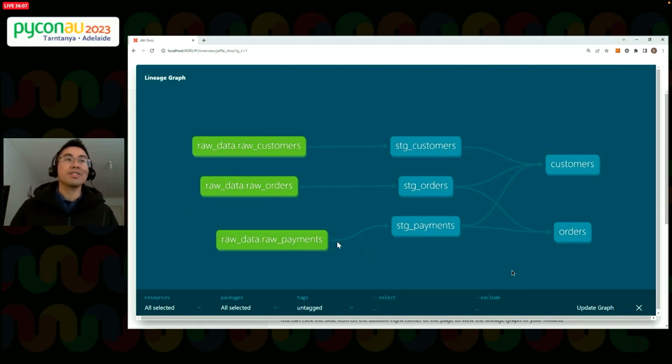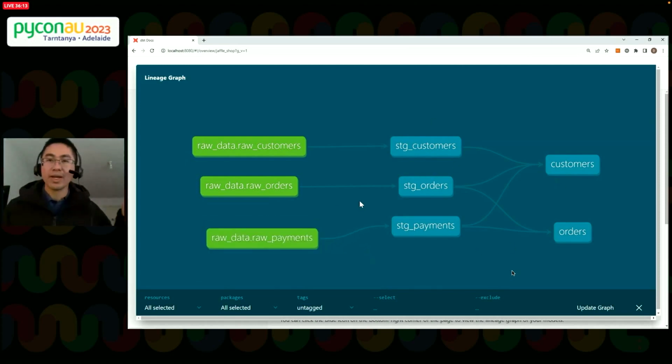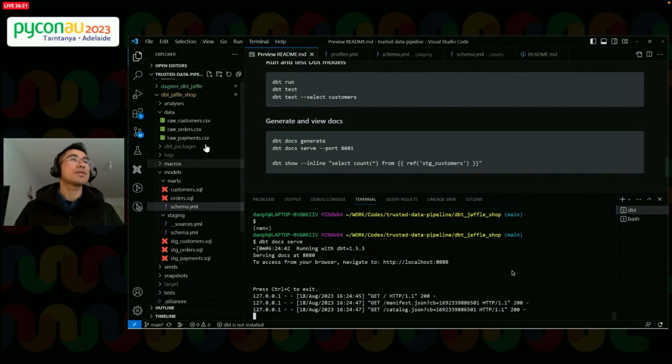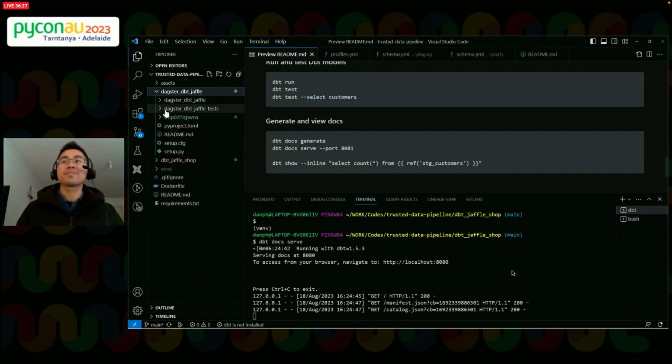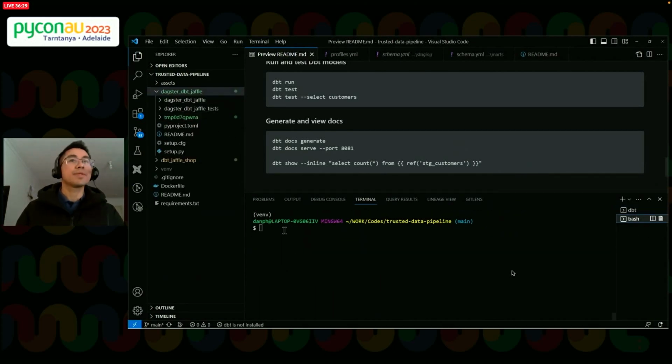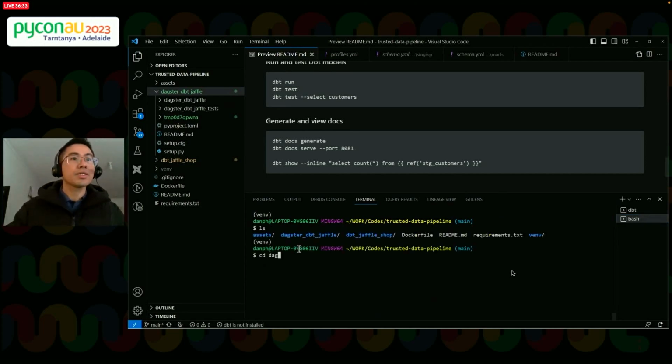But as you can see, the pipeline here shows only the SQL in dbt, and we cannot see the upstream pipeline using Python, right? So that's why we add Dagster. So let's go back to the second folder. Here is Dagster dbt-example, and in here, let me go to cd Dagster,